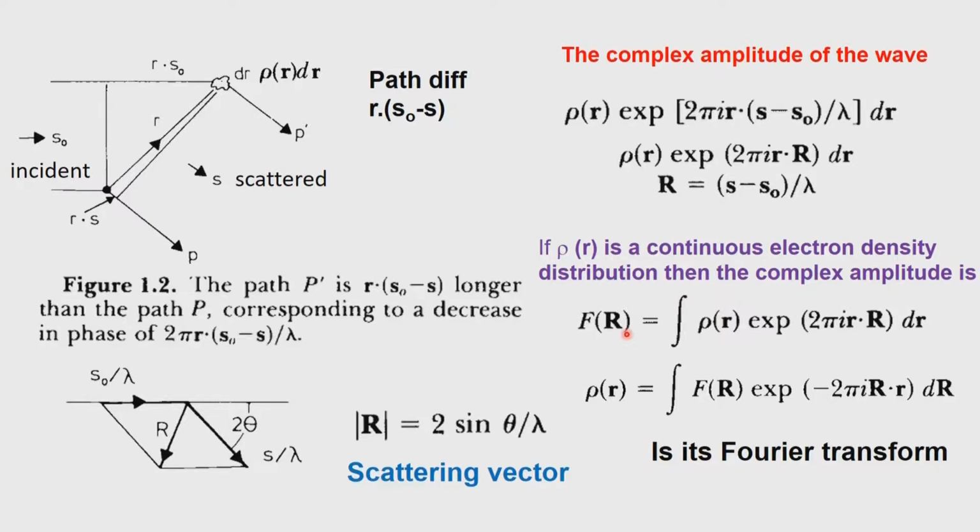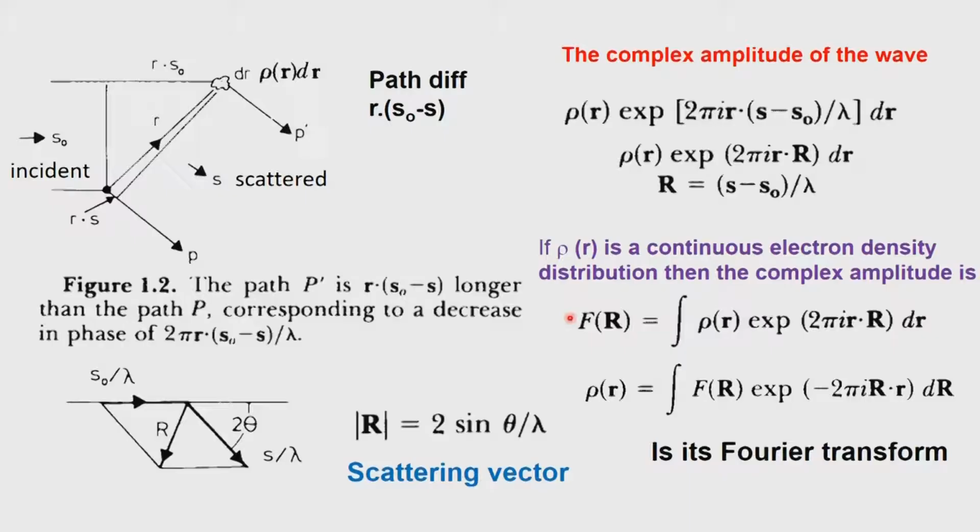Of course, the electron density will be more when there is an atom position, much more when there is a bigger atom, very less when there is a smaller atom, and between molecules there is some space in which the electron density will be reduced considerably. But essentially the whole unit cell now is filled with electron density. If that is the case, then the complex amplitude for the entire crystal will turn out to be F of R, integration over rho of r exponential 2 pi i r dot R d of r.